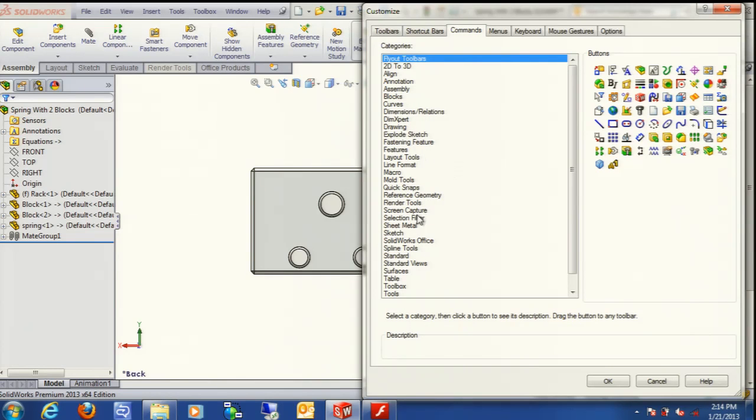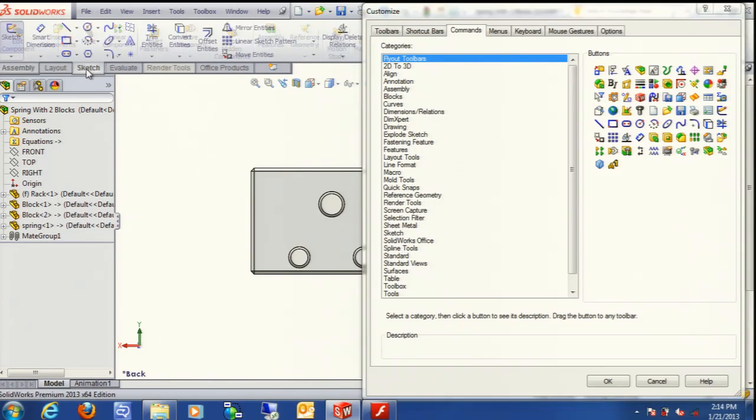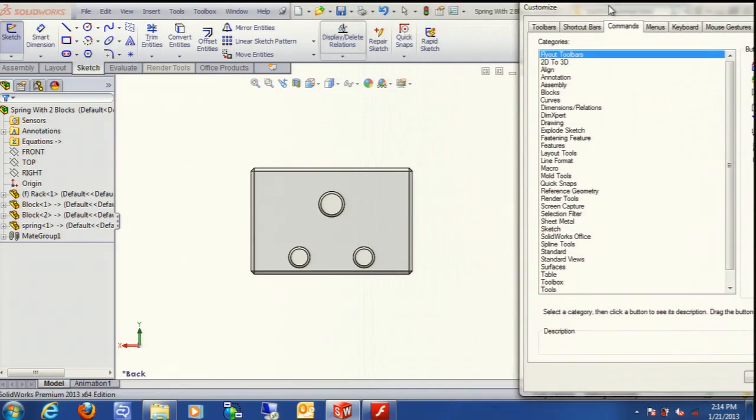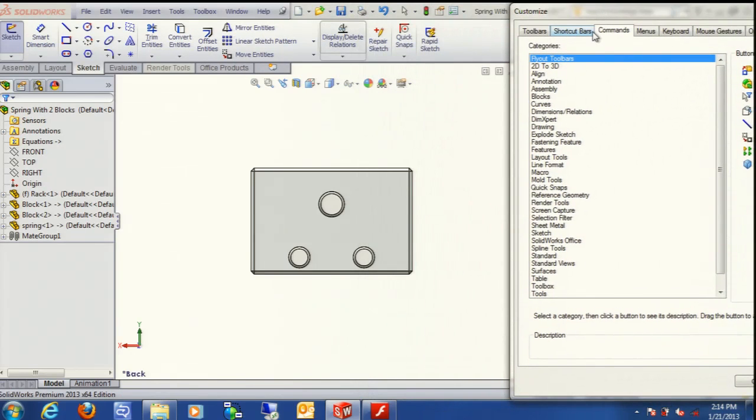Find the commands that you're looking for. And actually a good one here, let's do Sketch, right? One that you'll use a lot after you go through Essentials class is the Modify Sketch button. But it's not a default setting in SolidWorks toolbars. Okay, so you'll want to go down to Sketch,